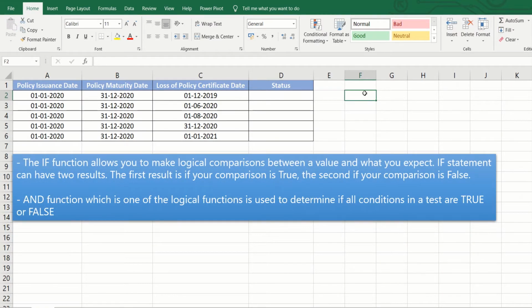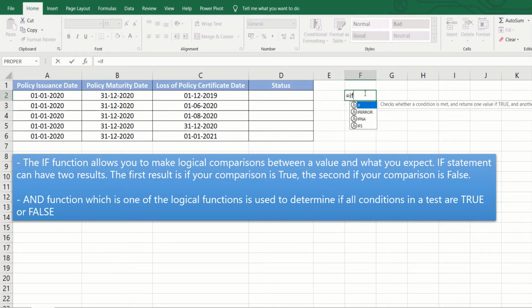So we'll have to use the IF formula twice to get our answer. Here we'll use IF C2 is greater than A2, then the output is correct, or there is an error.